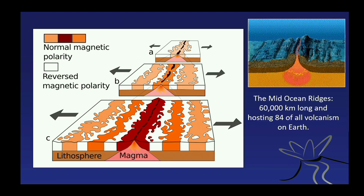So we know about this spreading because when rocks form, igneous rocks, magmatic rocks, they contain tiny little minerals of iron oxide. And the iron oxide will actually orient itself according to the magnetic field. And the magnetic field is changing throughout Earth history. And depending on when the rock solidifies, we have positive or negative polarity in the rocks. And if you do a magnetic map of the oceans, you actually find it's stripy because the rocks have formed